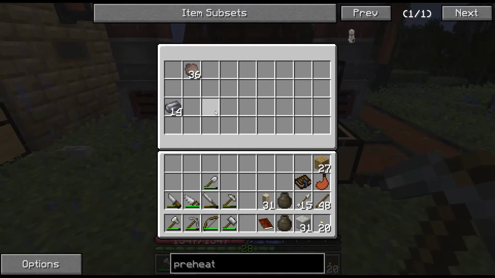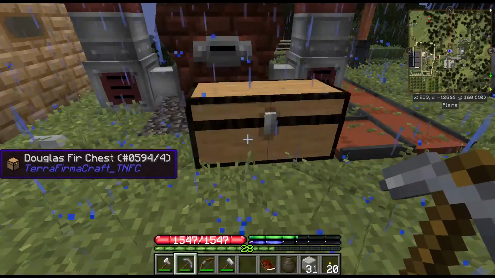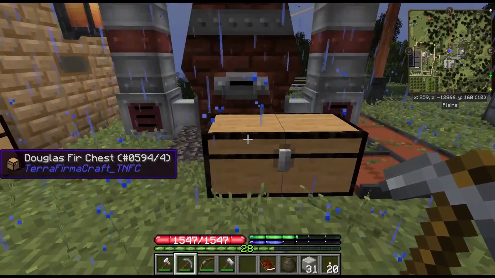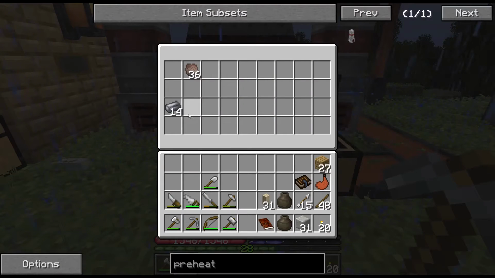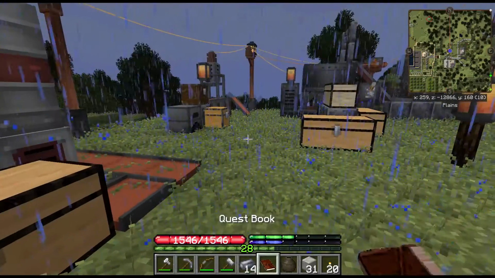Oh, one other interesting thing here is these are TFC ingots, and they are in a TFC chest, which you normally can't do. Right? So if you try to take these out and then try to put them back, they won't go back in. You can't put them back into the chest this way. But you can...